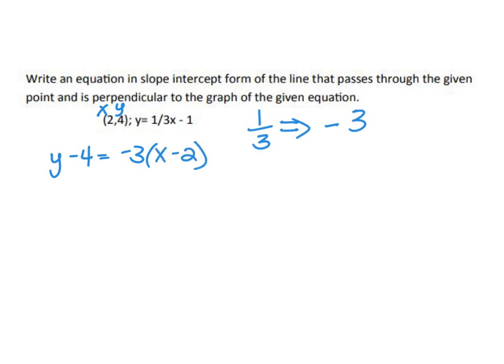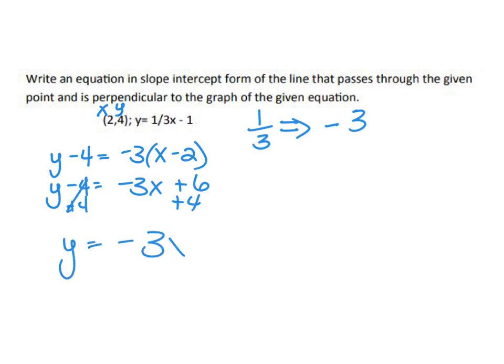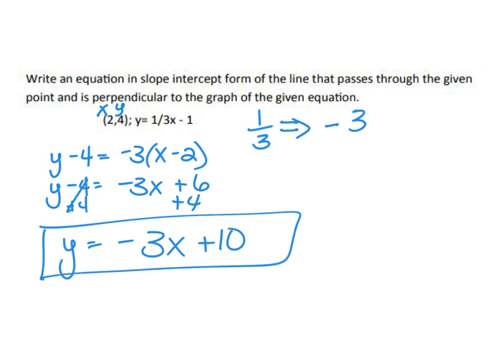All I did was put the point where it belongs, which is why we practiced that as much as we did. Now I just have to rewrite this. So y minus 4 equals negative 3x plus 6. Now I'm going to add 4. So y equals negative 3x plus 10. Our slopes are opposite reciprocals because we went from 1/3 to negative 3, and the y-intercept is at 10,